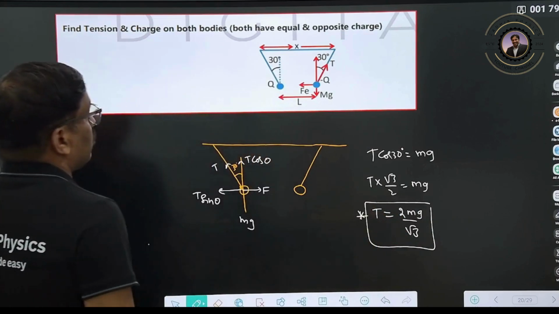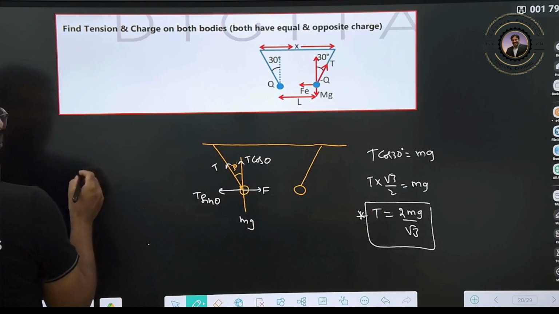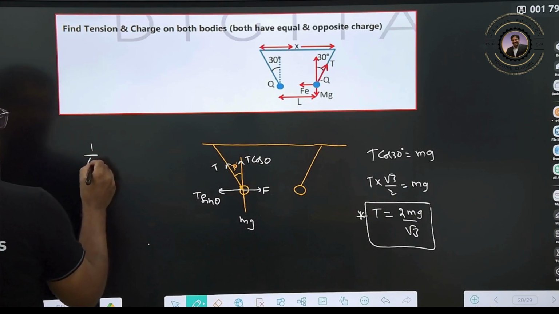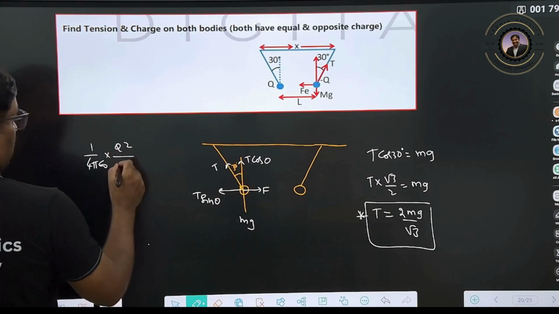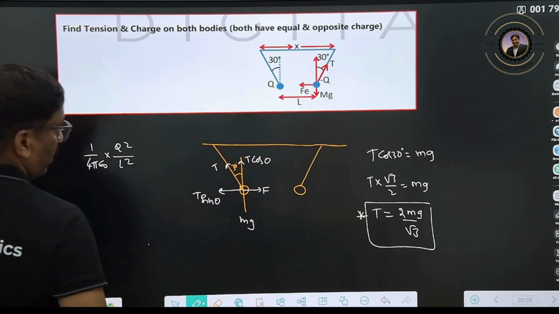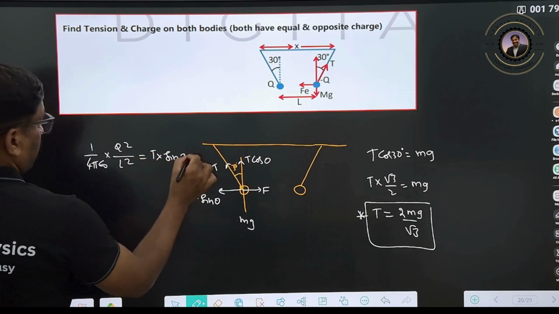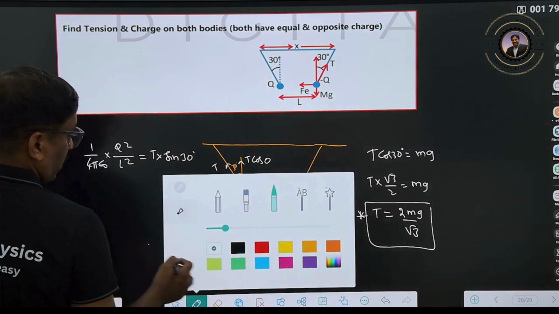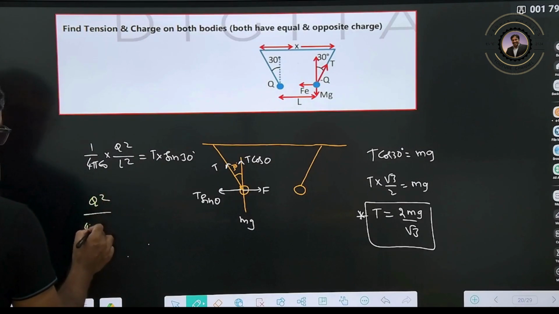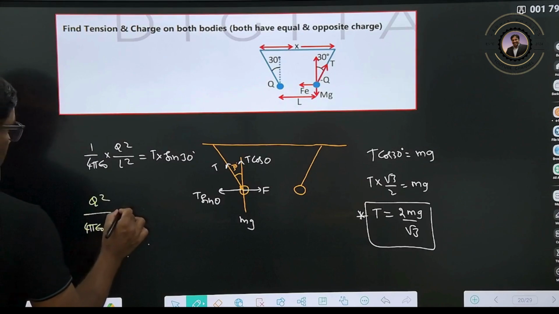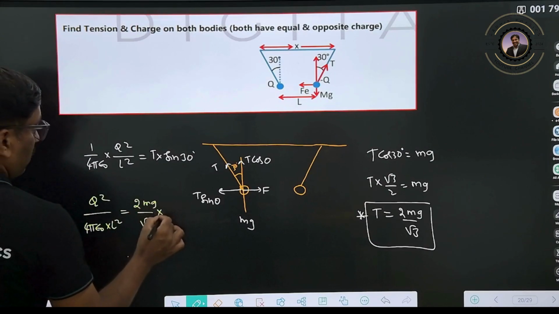So for the charges, what can you write now? Force. Force will be equal to how much now? kq square by L square, that means 1 by 4 pi epsilon naught into q square by L square, where the distance between them is given as L, right? So this will be equal to tension into sin 30. Clear? So here it is asking for the charge, no? So q square by 4 pi epsilon naught L square is equal to tension, which is 2 mg by root 3, into sin 30, which is